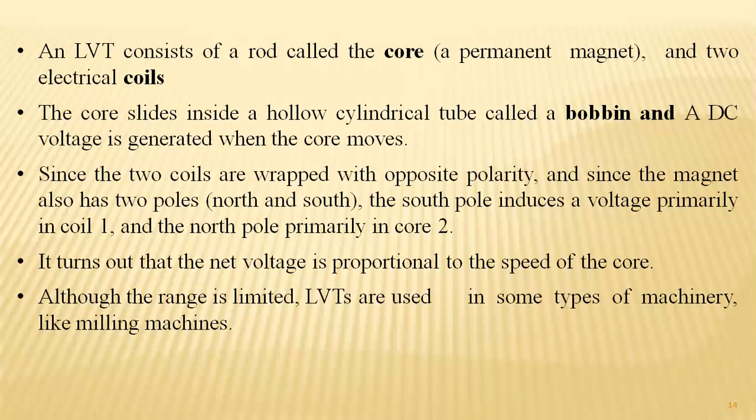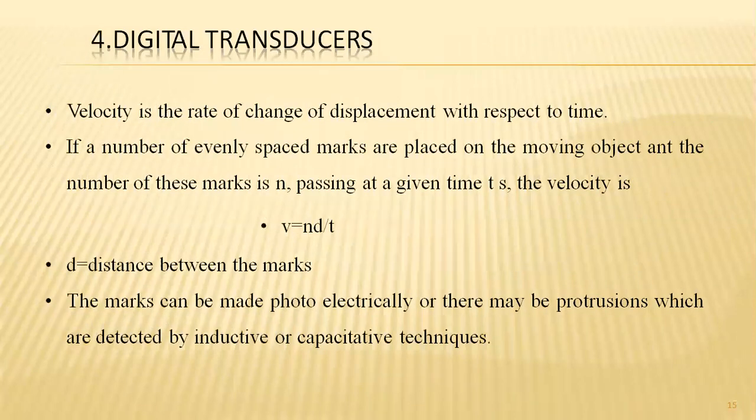And that generated voltage is utilized for increasing the RPM of the motor. That concept is utilized most probably in lathe machines, milling machines, drilling machines, etc. in our machinery activities. Coming to the digital transducers,